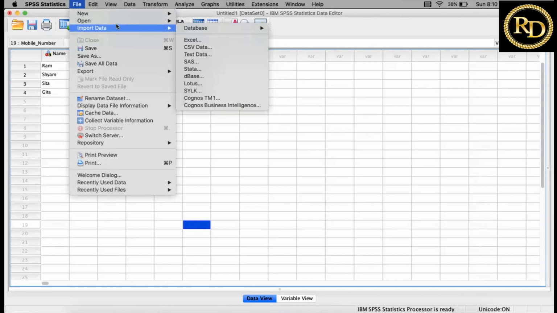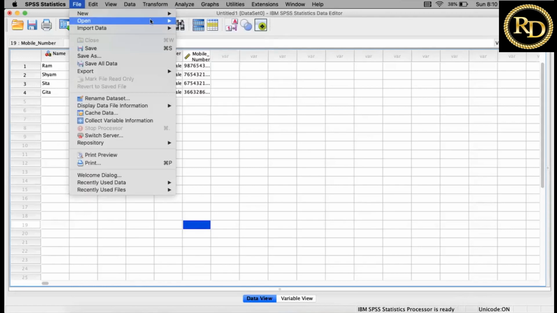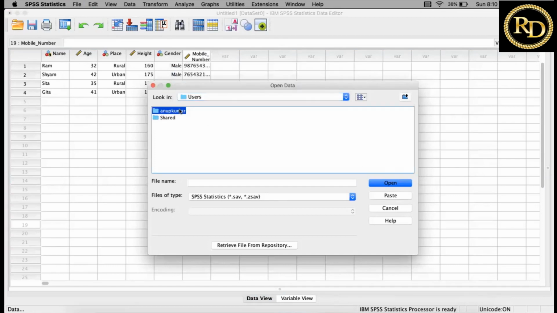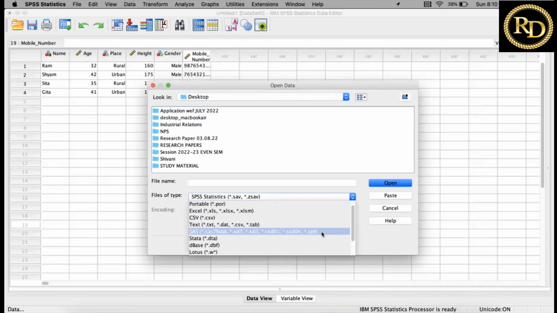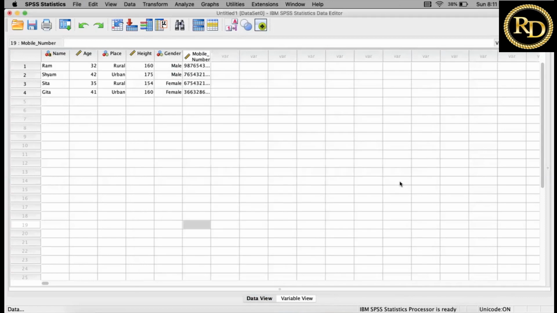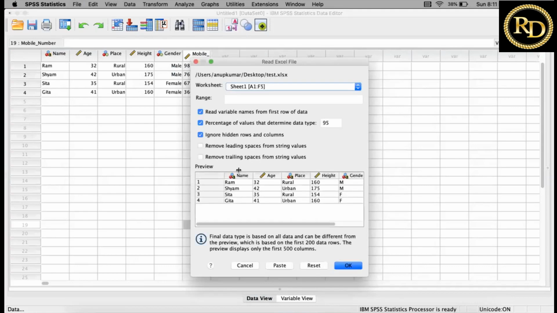Here you can also see the Import. So I will go to File, Open Data. Now where my data is: in Anup Kumar, and in Anup Kumar it is on the desktop, and the file type is Excel. So I will select Excel and open it. When I open it, the preview of the data is shown like this, and I'll click OK.